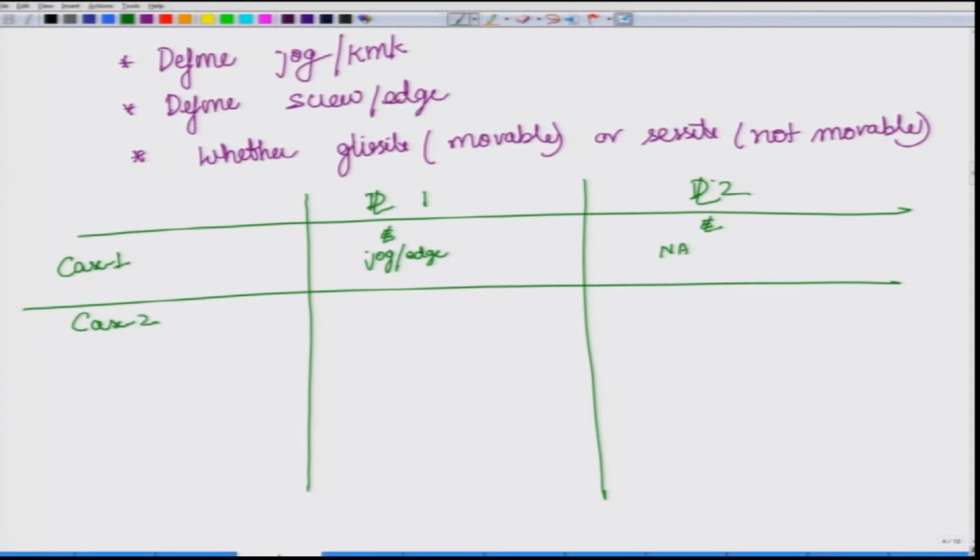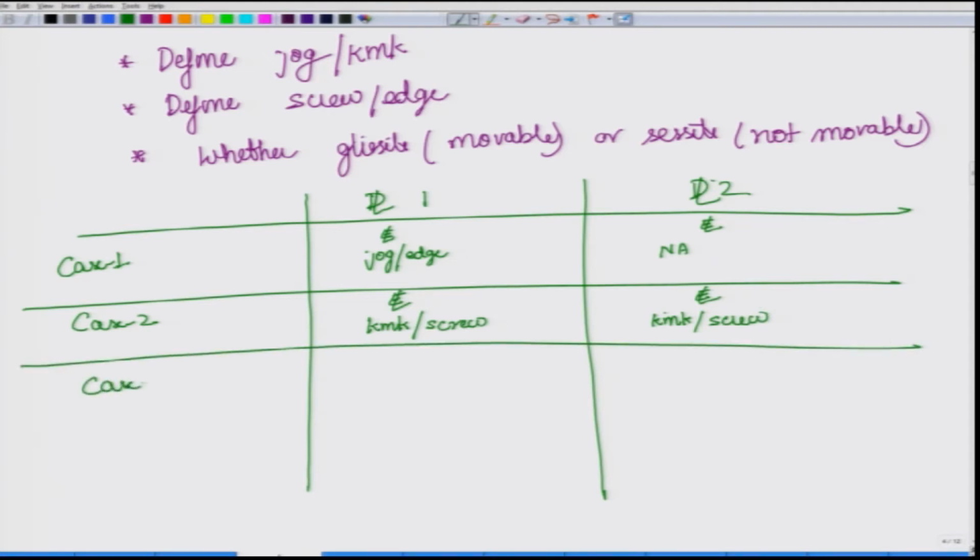Case 2, we had again 2 edge dislocations. So, first mark that edge dislocation line. In the dislocation line 1, what we obtained was a kink, and when it is a kink in an edge dislocation, the character is screw. For dislocation 2 in this particular case, we saw that it was also a kink and hence a screw character.